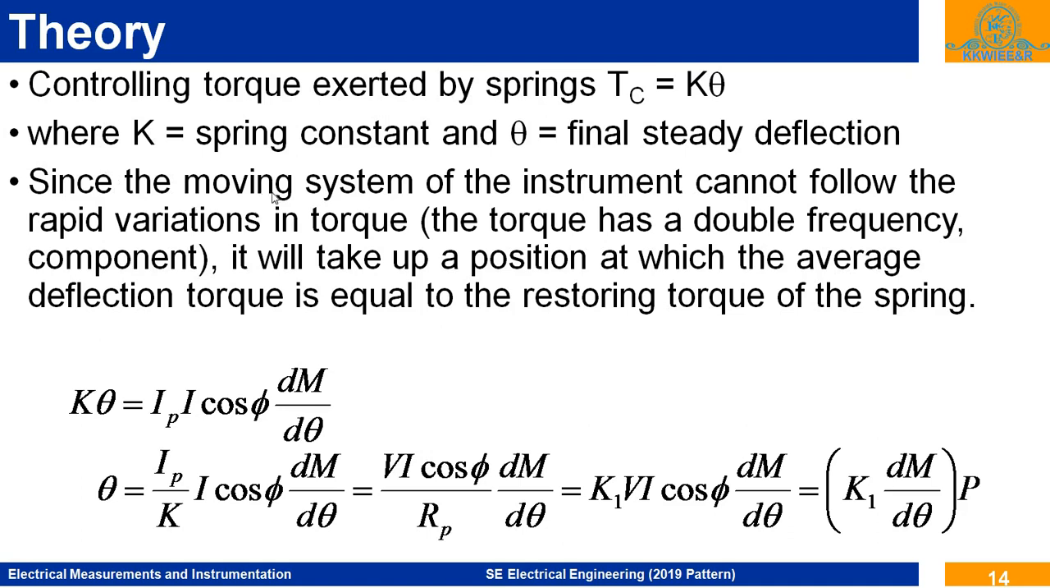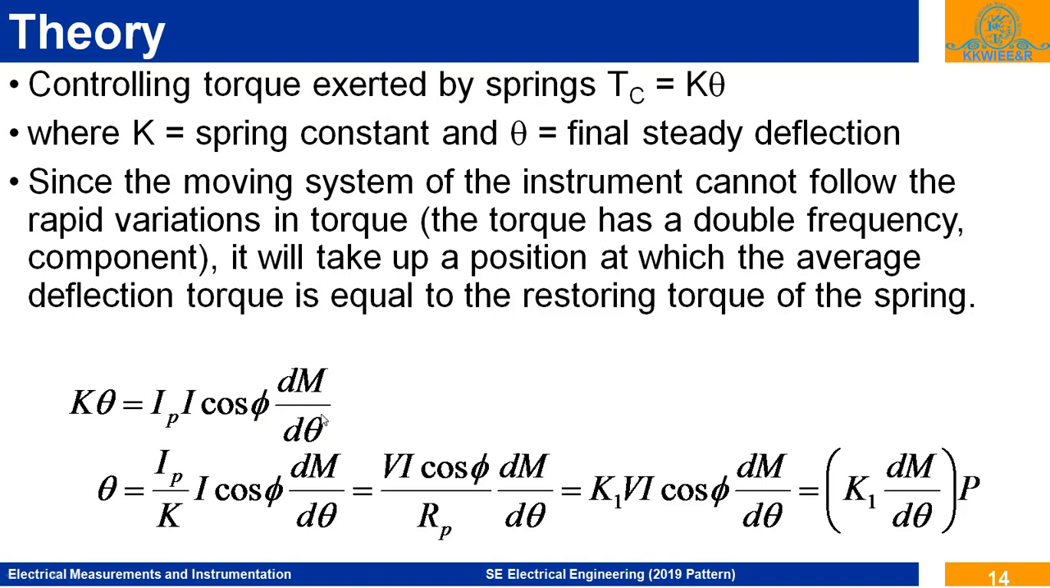Since the moving system of an instrument cannot follow the rapid variation in the torque, 2 times omega t, the torque has a double frequency component. So it will take up a position at which the average deflecting torque is equal to the restoring torque of the spring. So k theta, the controlling torque Tc, is equal to the average deflecting torque Td. Here Tc is equal to Td, k theta is equal to Ip I cos phi